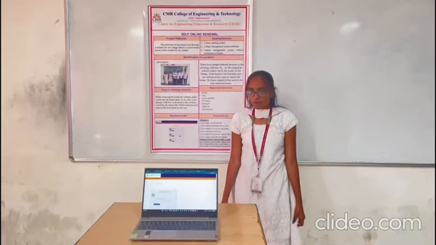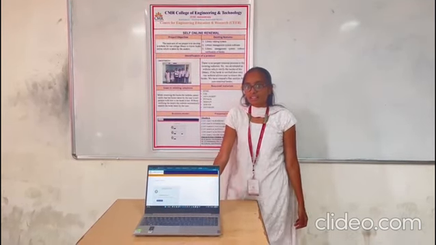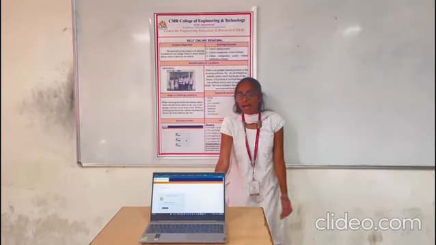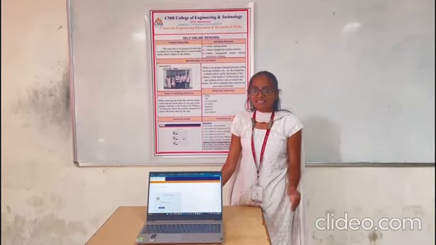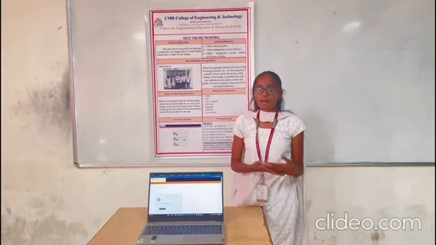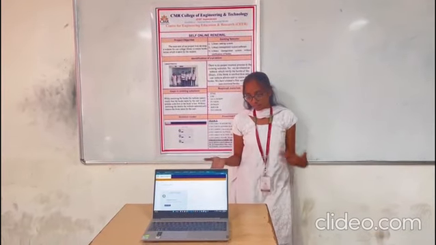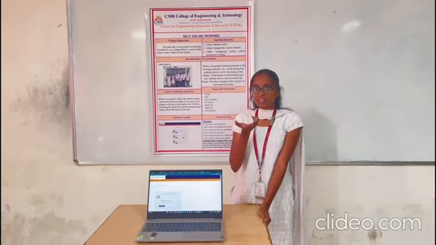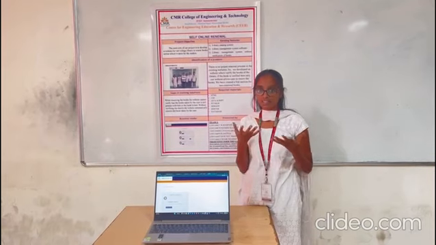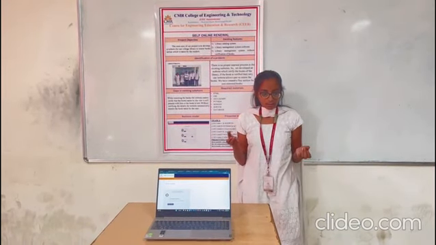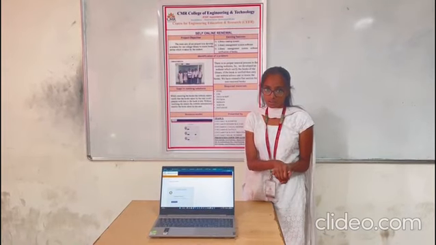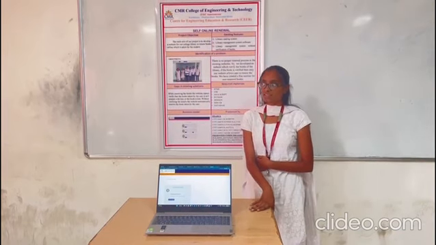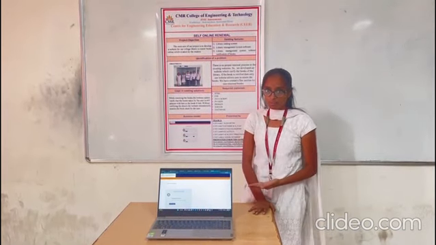The advantages of our project are: here we can easily renew our books on our own instead of going to the library. Second, it is a time-saving and easy process. We can pay our fee dues online. And we have some disadvantages in our project, like we can renew our books only in limited stock. If we take 3 or 4 books, we can renew only 2 books, that's it. And we have another disadvantage, like sometimes we may get server problems.